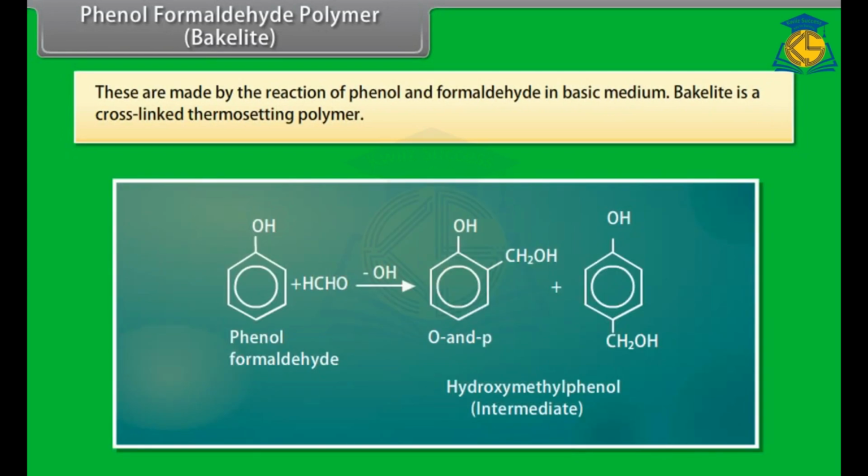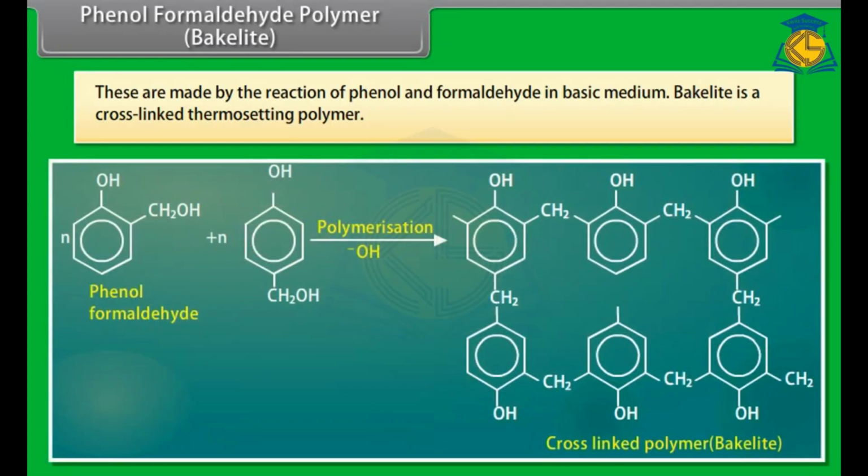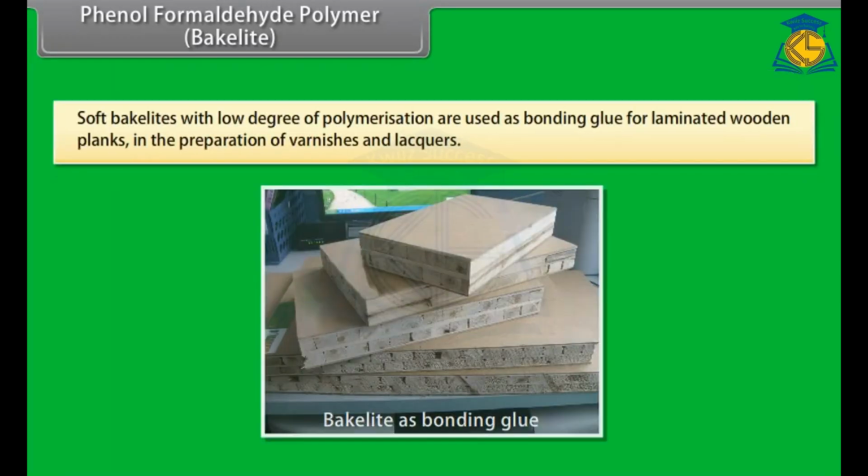These are made by the reaction of phenol and formaldehyde in basic medium. Bakelite is a cross-linked thermosetting polymer. Soft bakelites with low degree of polymerization are used as bonding glue for laminated wooden planks in the preparation of